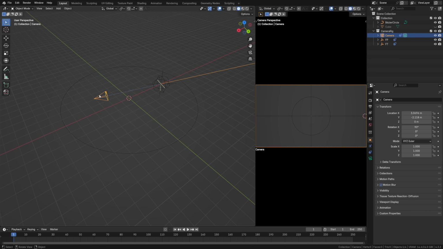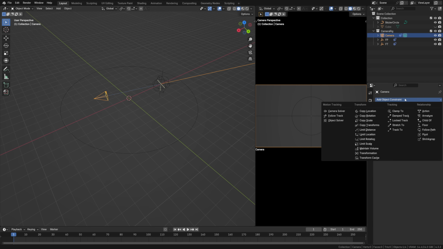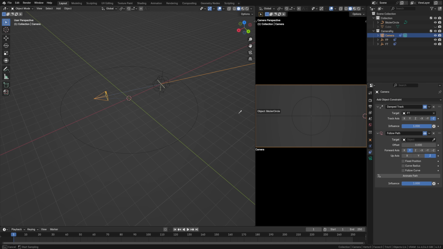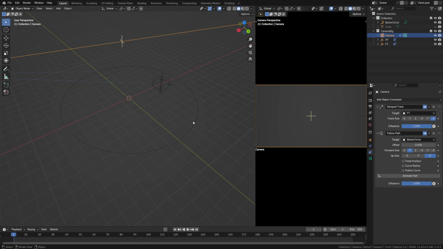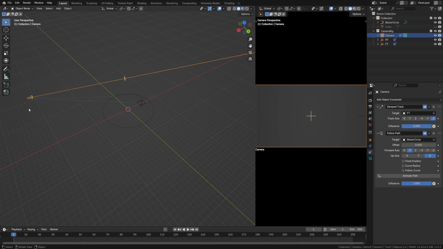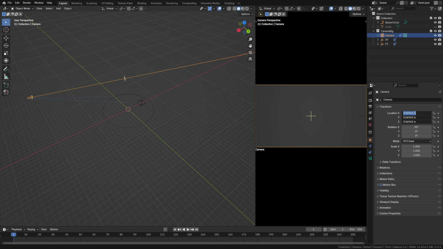With our previously made camera setup selected, let's add a follow path constraint to the camera and target the circle curve object. By default, the forward axis is Y, which works most of the time, but if it isn't, it's worth checking the other axes to see if those work. Adding the constraint also moves the camera as it takes the camera's original position into consideration too. So if you want the camera to directly travel along the path, make sure to zero out all location data